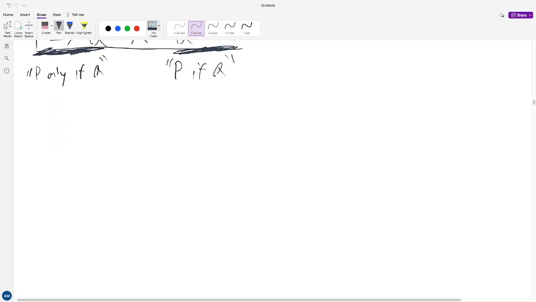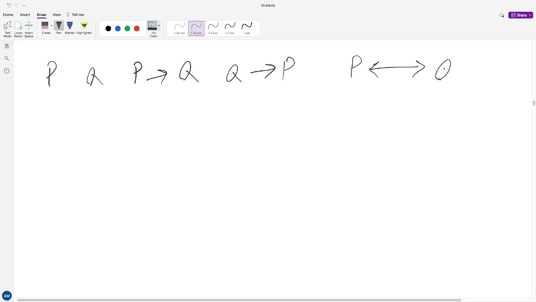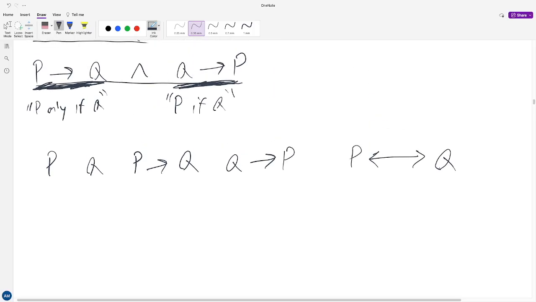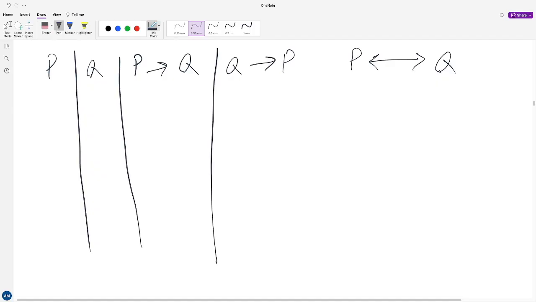And if we are to draw a truth table out here, this is what it would look like. So we have P, Q, say P implies Q, and then Q implies P, and then P if and only if Q, which again we know is the same thing as P implies Q and Q implies P. So we draw out the truth table. If we look back at what we learned last time,